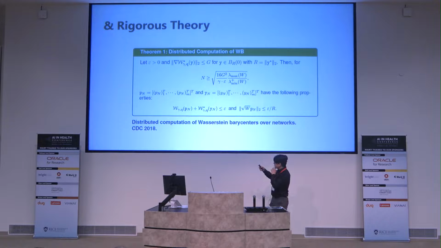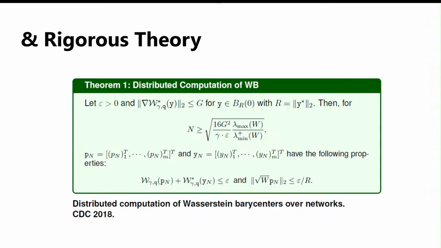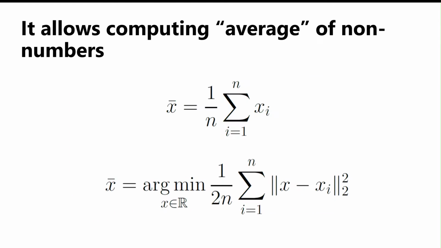You can ignore most of the things, but what you can focus on is n, the number of iterations that your algorithm requires. And epsilon here in the denominator is the error that you can tolerate. So if you give me the error that you can tolerate, I can tell you exactly how many iterations the algorithm needs to run, right? That's as interpretable as you can get. And this is a theorem, so it's true. It doesn't depend on the data. It is a true statement. And this is the type of true statements that we can make about optimal transport.